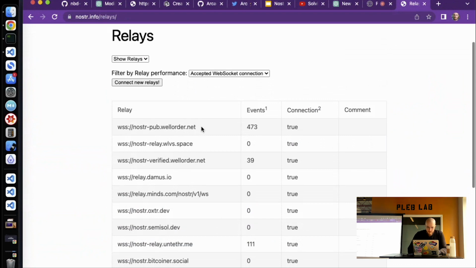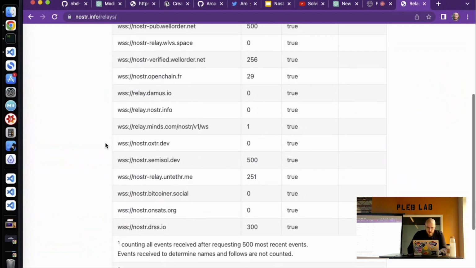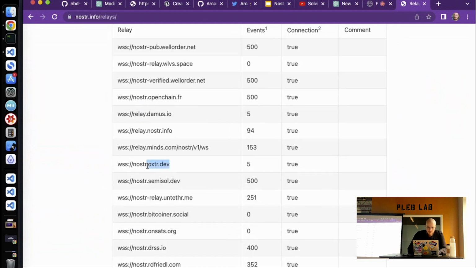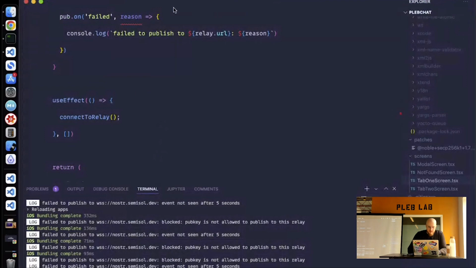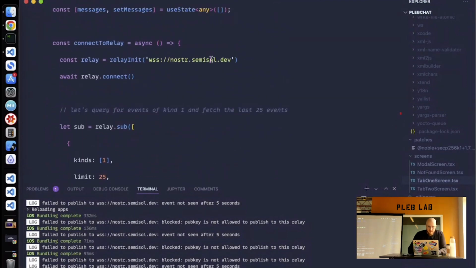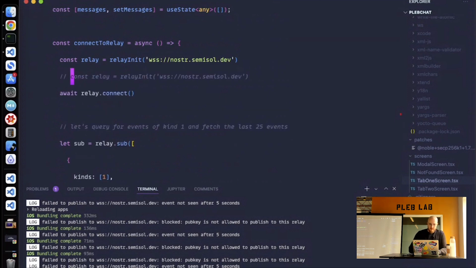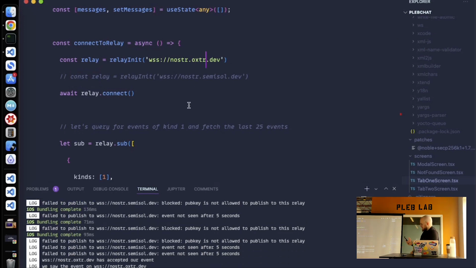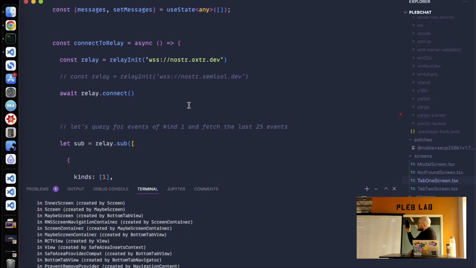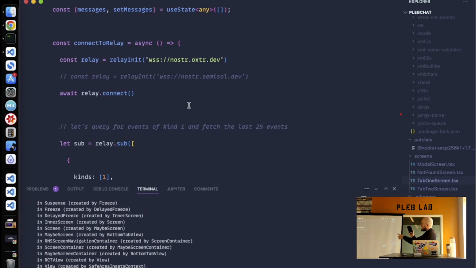Then we'll go check out Arc. Let's try nostr.oxter.dev. Now we probably won't get all the chat messages here, but let's save that for later. All right, I'm going to reload this. Let's see if this works. Event. Hello world. Okay, I now have an event that shows up. I'm still getting some weird error there, but